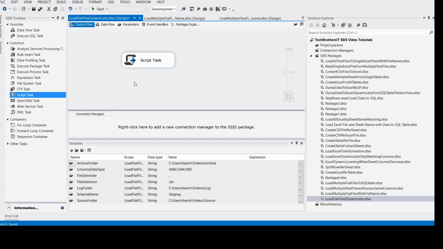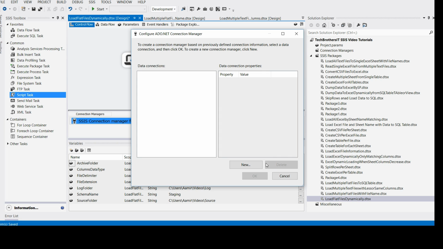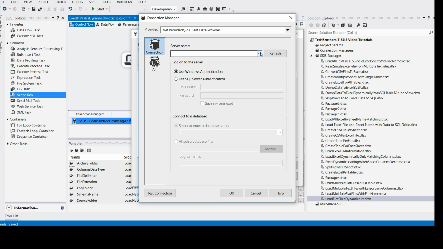Before we even open the script task and start using these variables, as we are loading the data to the tables, we need the connection string for our database. So go to connection managers, new ADO.NET connection, and here we will be creating the new one. You have to provide the SQL Server instance name, and then we will be providing the database name. So TechBrothers, sorry,